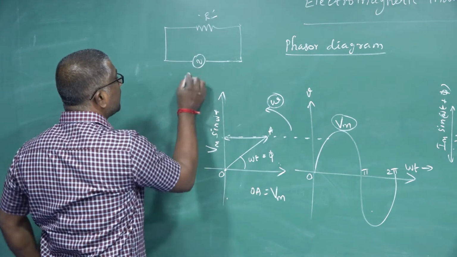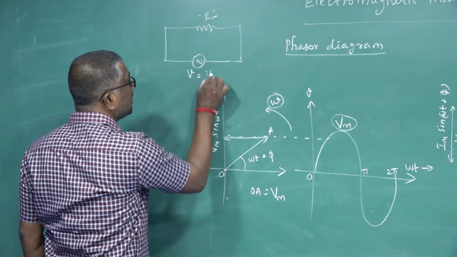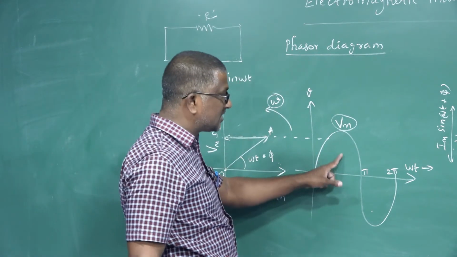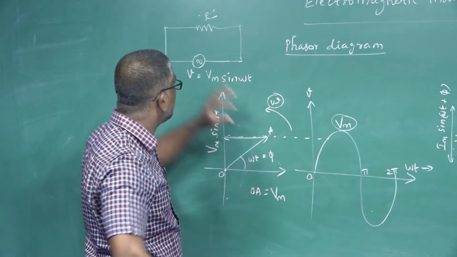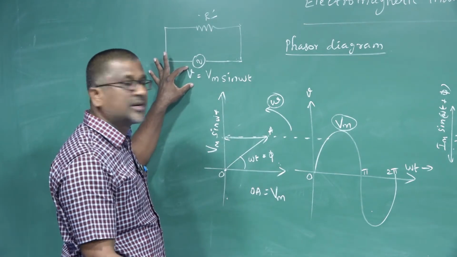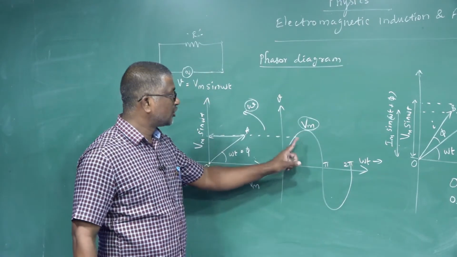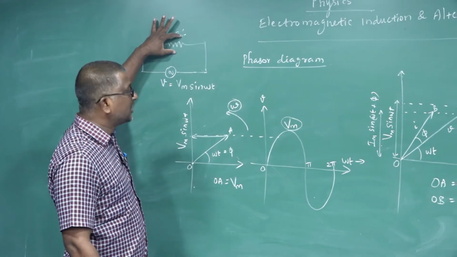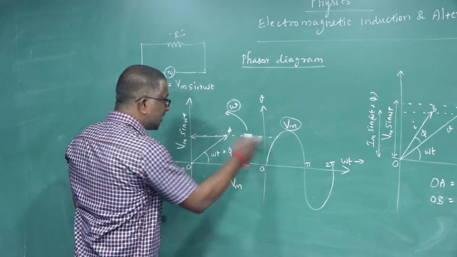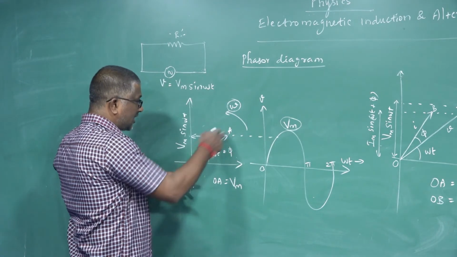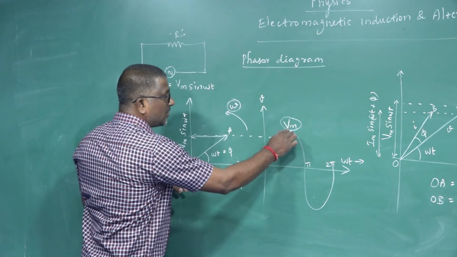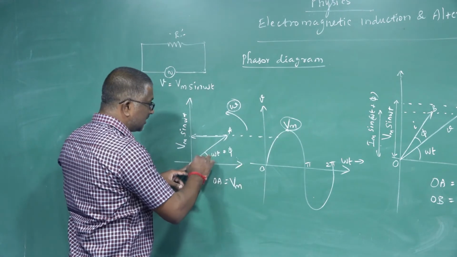Which provides an instantaneous voltage of V equals Vm sin omega t. This is the graphical representation of a sinusoidal alternating voltage. This is the equation of a sinusoidal alternating voltage. This sinusoidal alternating voltage is applied to the AC circuit, and this is represented by a vector. Here OA is the length of the segment which represents the peak value of the alternating voltage, and the angle made